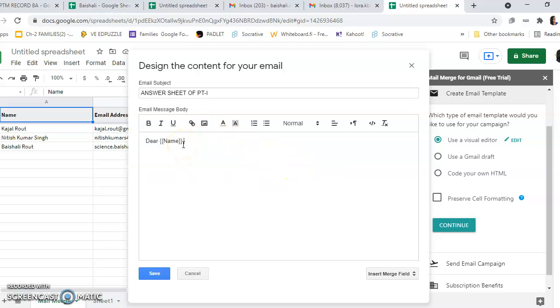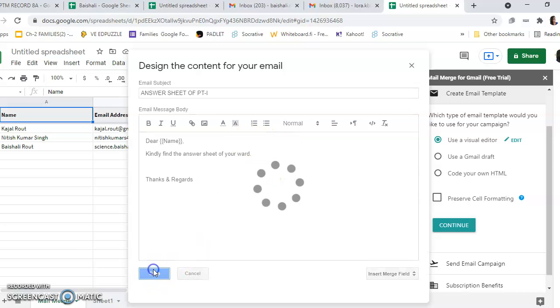After you do so, and then you will write, done. So it depends upon you how you want to personalize the mail.